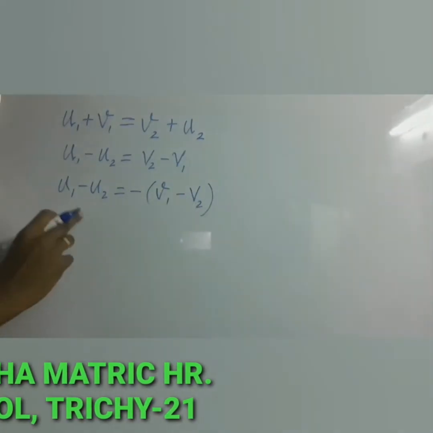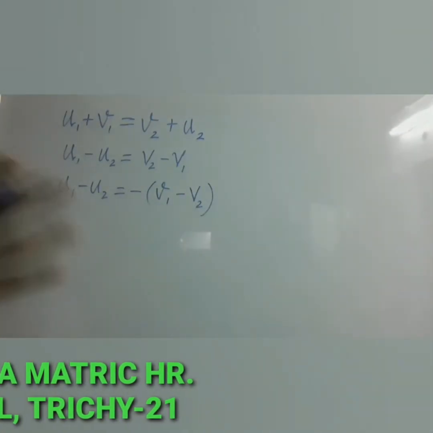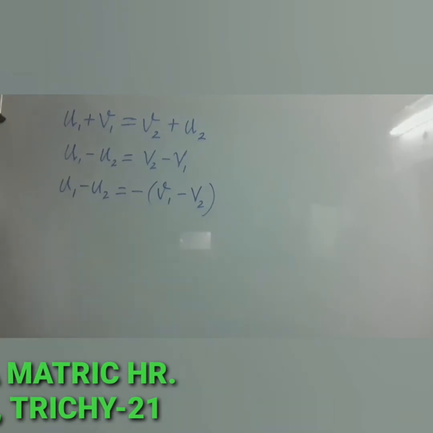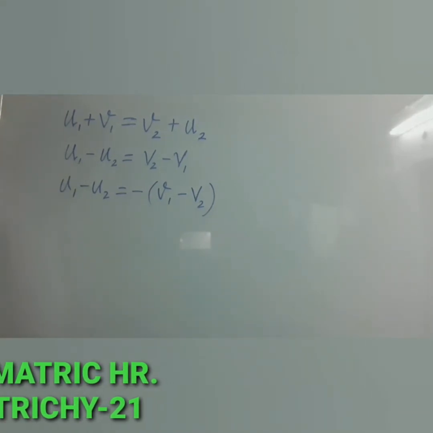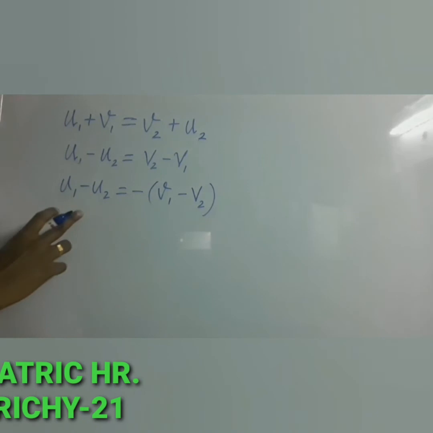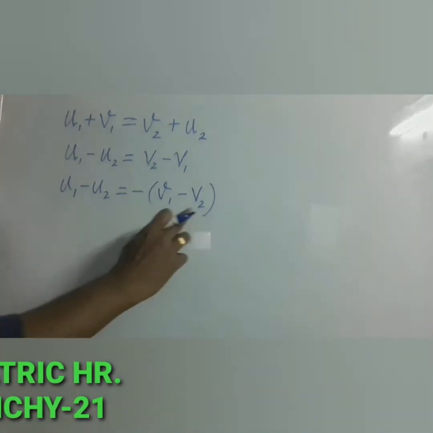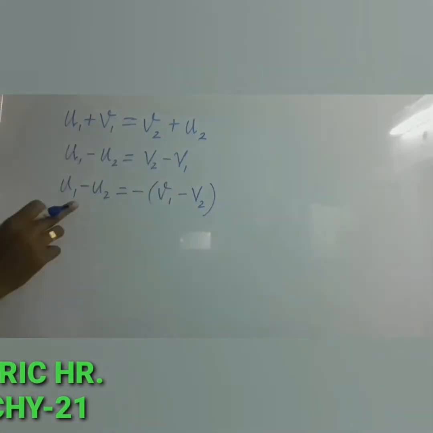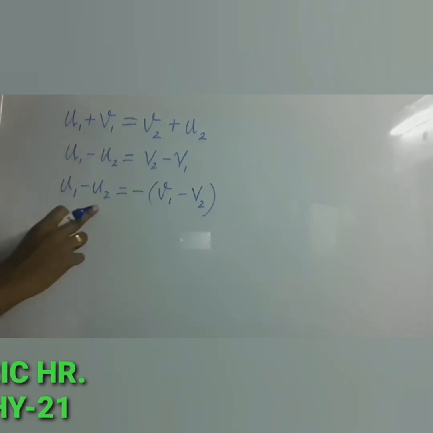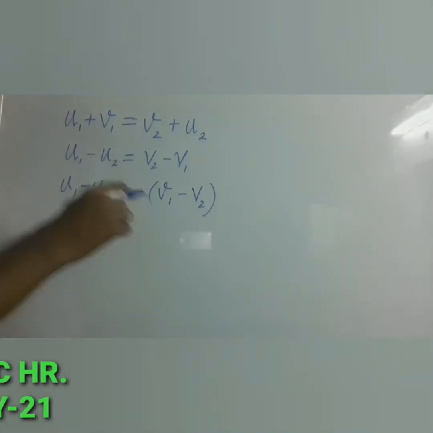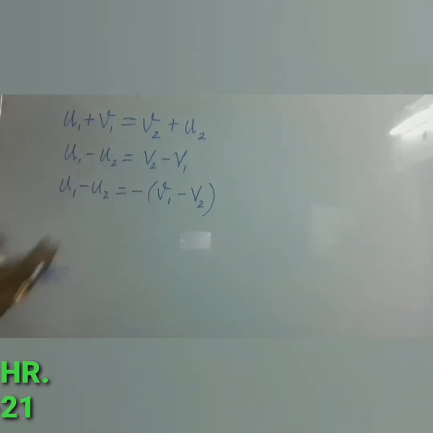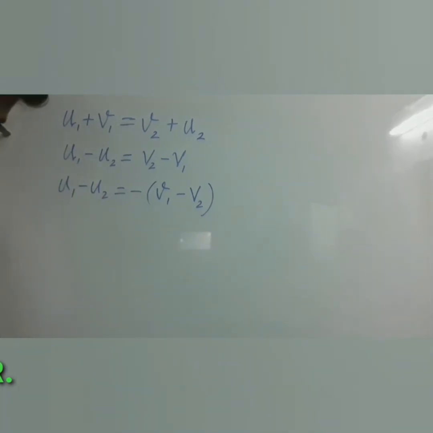Here we have found the difference in velocities, so that is known as relative velocity. From this expression, we can conclude that the relative speed of any two elastic bodies after the collision has the same magnitude as before the collision but in the opposite direction. We can rearrange this expression to find the values of the final velocities.